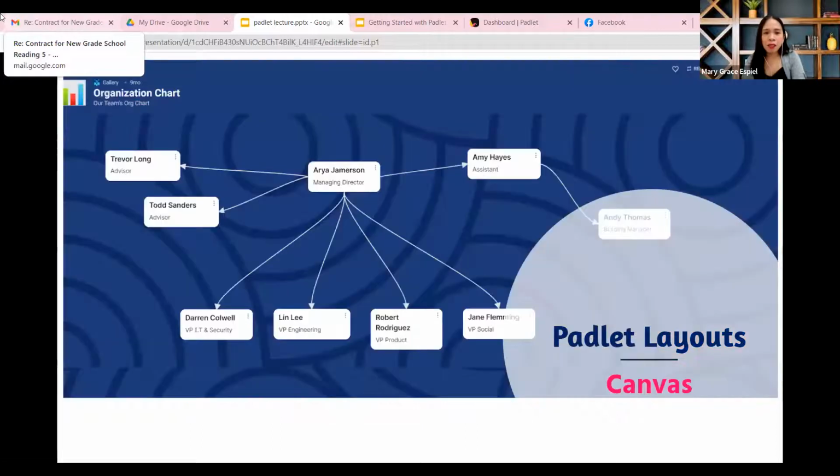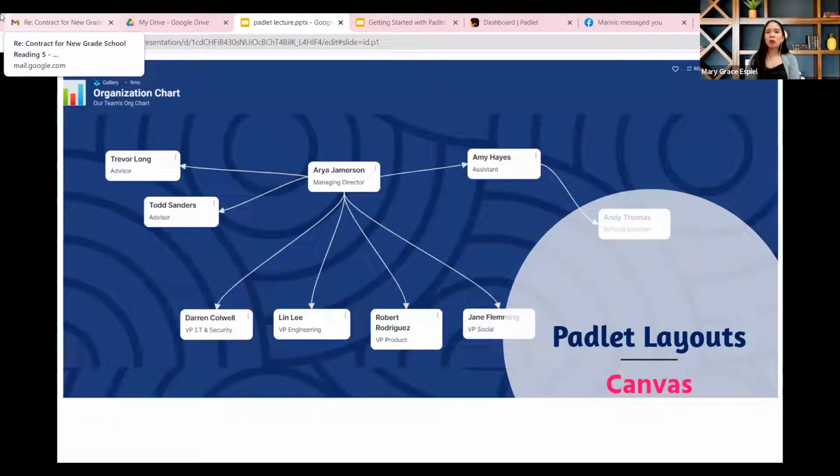And then, another interesting layout for Padlet is Canvas. Dito naman sa layout na to, you can put content anywhere. You can even resize it. Halimbawa, marami yung text na ilalagay. O kaya let's just say you want to stress something over other pieces of information. Pwede mong lakihan yung font and you can connect it with other content on the page. So, halimbawa, you're doing brainstorming, you're doing mind maps, or you're trying to present an organizational chart, flow chart, ayan,